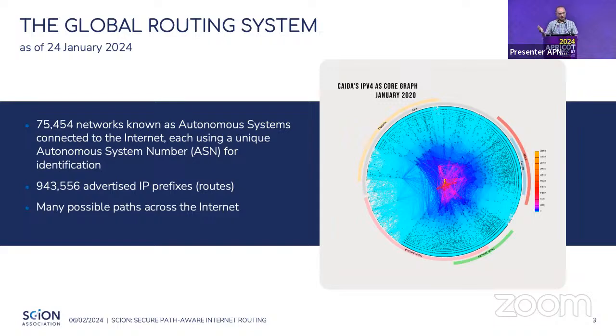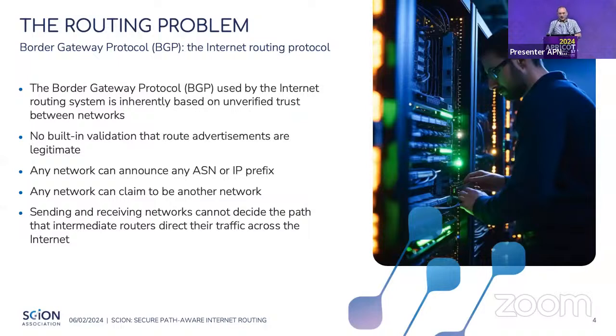We've heard a lot this week about how many autonomous systems there are, over 75,000. And then there are getting on for nearly 1 million advertised routes on the global internet. So adding up all of those possibilities, that is a lot of possible paths. And as I'm sure many of you are aware, BGP,